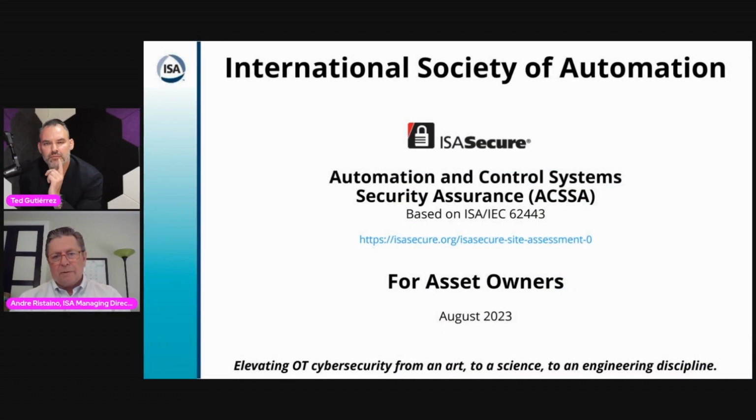what happened in the accounting industry. The Financial Accounting Standards Board establishes GAAP standards for how you do bookkeeping, auditing, and that sort of thing. And so this program will use the 62443 standards, the asset owner series of standards, and establish a core program for assessing your automation and control systems at your operational sites. And by the end of next year, we'll have a specification and a program, including training and credentialing, that addresses assessing the asset owner site deployed